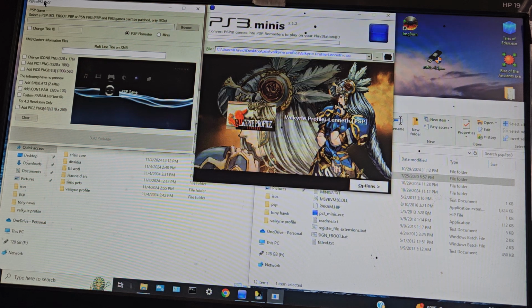This time I was asked to do a PSP tutorial on turning your legally obtained ISOs from your PSP games into package files that you can play on your PS3. There are two ways to do this. If you don't want to make a package file, you can just take these ISOs that you have legally obtained